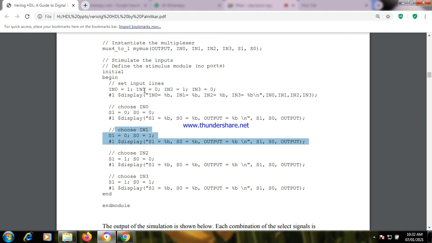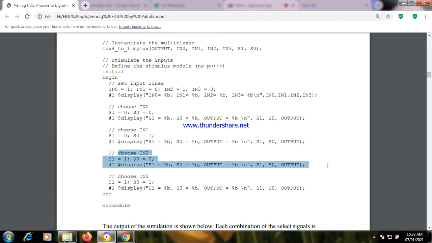Initially we have set IN1 as 0, so I get the output as 0, 1, 0. Clear? Then choose IN2, meaning select lines should be 1, 0. Then IN2 will appear here.